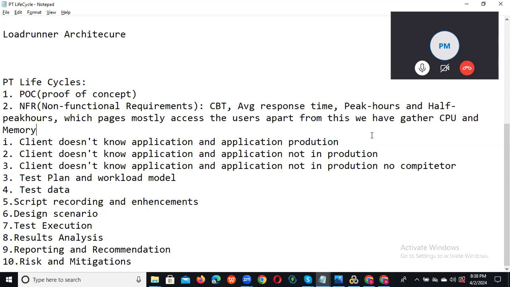So you should ask the client like this: which pages do users mostly access in your application? Based on that, we can build our critical business transactions. Then, apart from this CBT, average response time, peak hours, off-peak hours, and which pages users mostly access, we